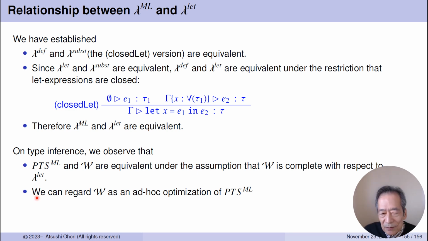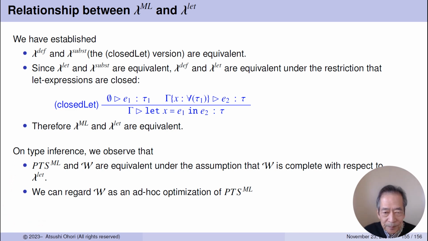So one observation about algorithm W is that it can be regarded as an ad hoc optimization of this simple framework. Ad hoc doesn't mean anything bad. Ad hoc is a well-engineered optimization, well-engineered on some particular aspect of ML. So this is one way of understanding W. Some elaborate definition of algorithm W with respect to this a little bit complicated type system, right? So now this is a final concluding result of this